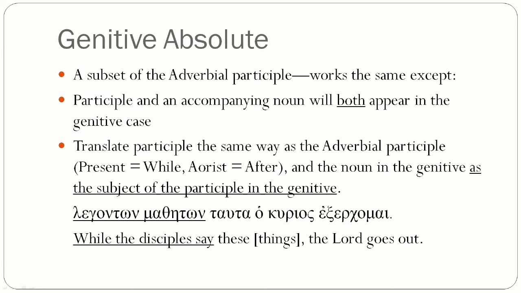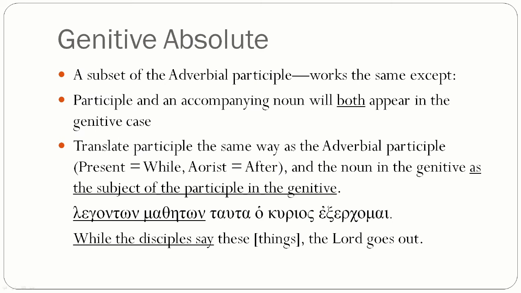Okay, genitive absolute is a participle construction, and it falls under the big heading of the adverbial participle. All right, so the genitive absolute, it is adverbial. It's going to work the exact same way as the adverbial participle with one huge exception. Instead of appearing in the nominative case and being associated with the subject of your main verb,